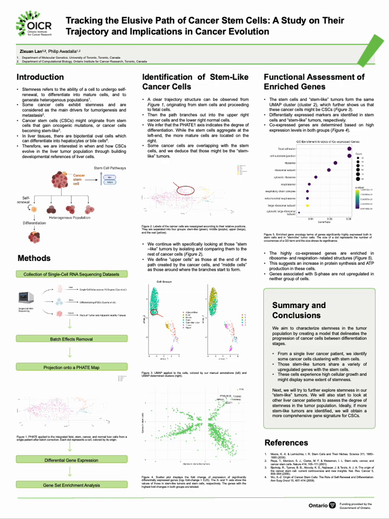To look at these cells more closely, we separated the cancer cells into four groups based on their locations on the PHATE map. The cells closer to the stem cells are the stem-like cells, the cells at the branching point are what we call the middle ones, and the cells at the very end of the path are what we call the upper ones. I circled the green dots here as they are too few and too small to see, and they are the stem-like tumors we are mostly interested in.